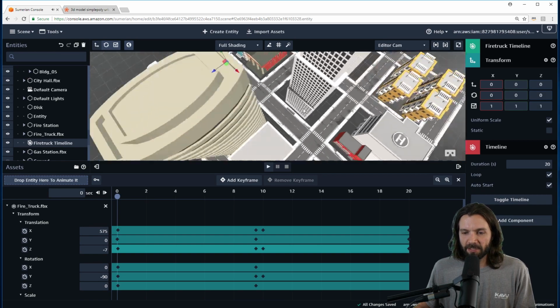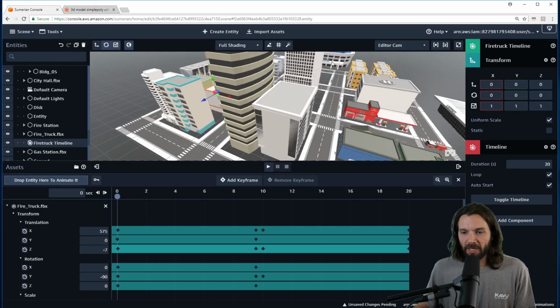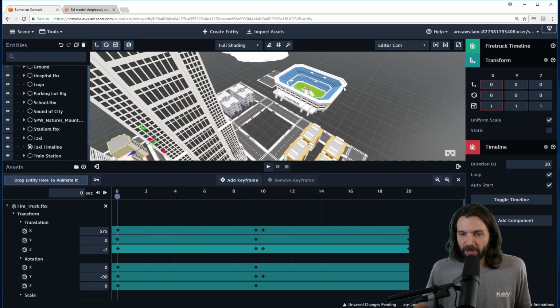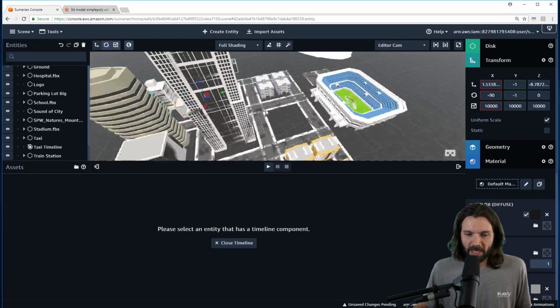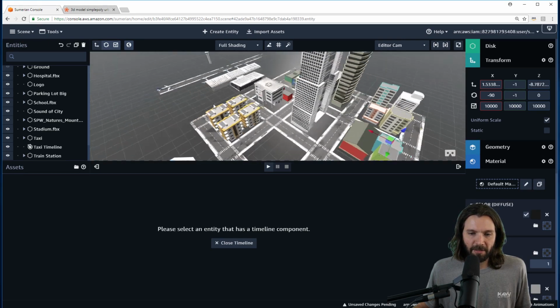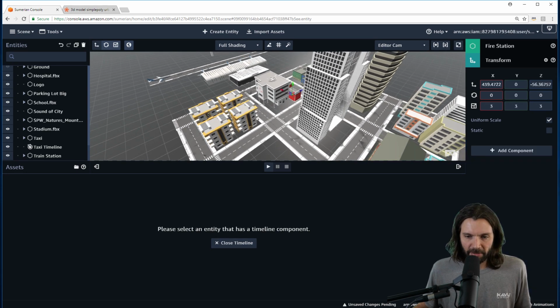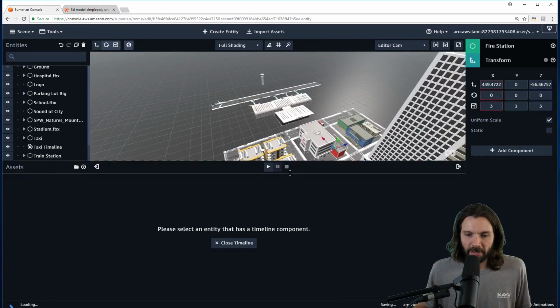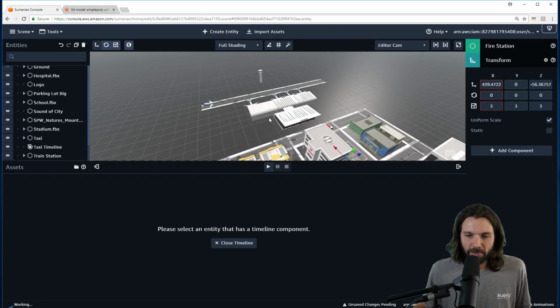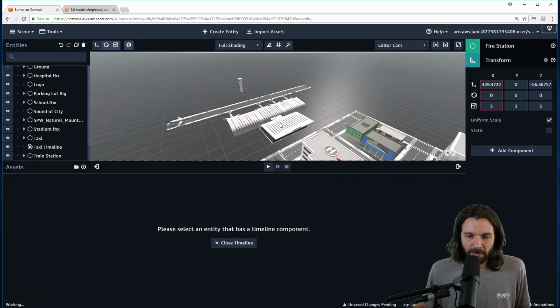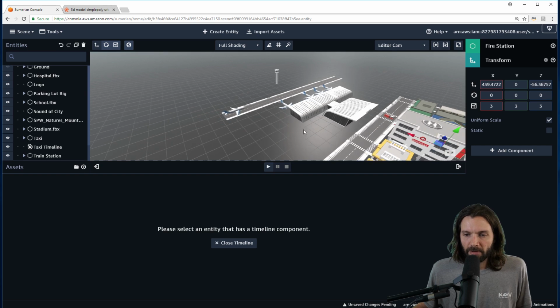All right, so that is the, what do you call it? The fire truck timeline. Now let's look at the plane timeline. Sorry, I'm getting distracted with what I'm doing here. All right, so let's zoom in on the plane,